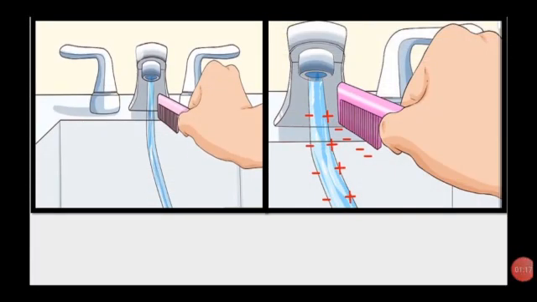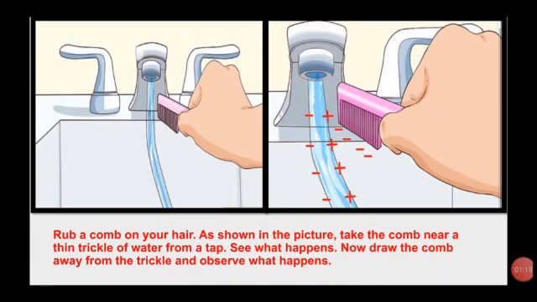To charge an object by induction, rub a comb on your hair as shown in the picture. Take the comb near the thin trickle of water from a tap. See what happens. Now draw the comb away from the trickle and observe what happens. You will see that at first the flow of water is not charged. When a negatively charged comb comes near the